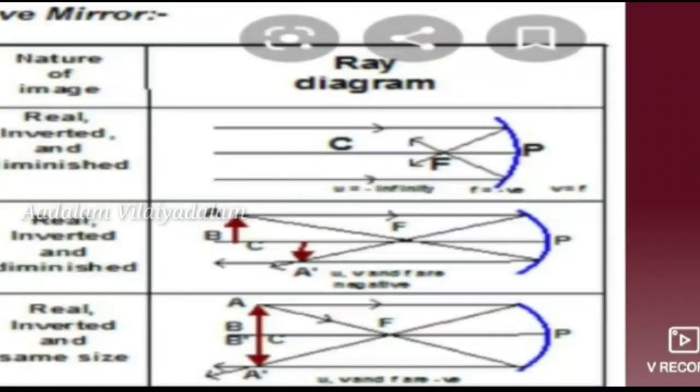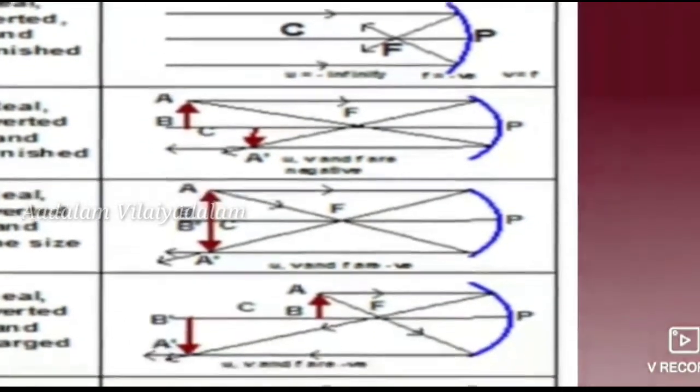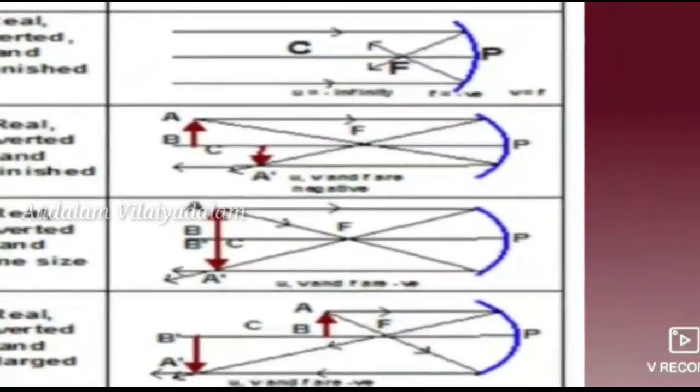So like the convex mirror, here in the concave mirror also, first we have to place the object at infinity. There is no particular place for that, and the image is also formed at the focus point. Here the size of the image is highly diminished, small size, but the nature of the image is real and inverted. So we use the concave mirror, and we will get the real and inverted image from this concave mirror.